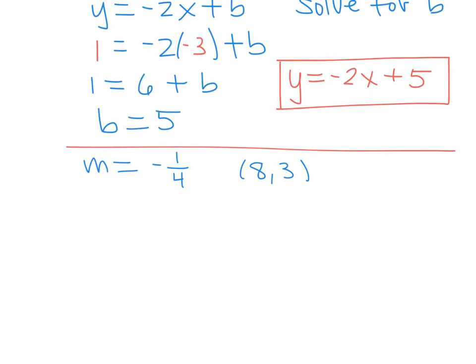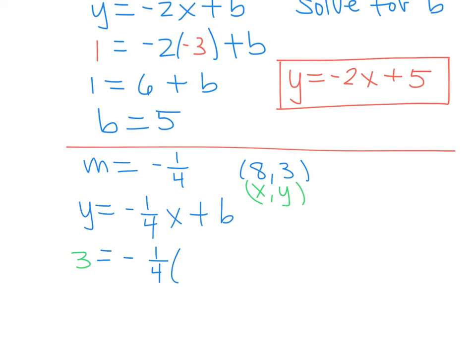So first thing we can do is to rewrite, replacing that negative 1/4 for m. And now we take the x and y value that were given in the point and replace those in that equation. So we get 3 equals negative 1/4 times 8